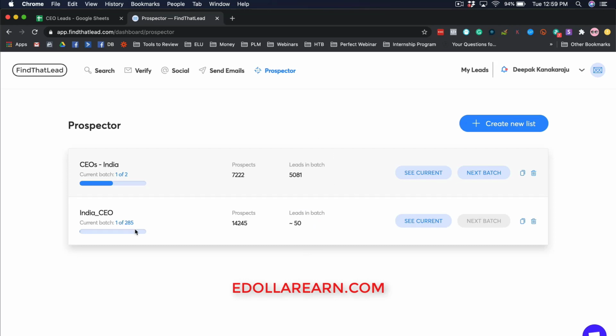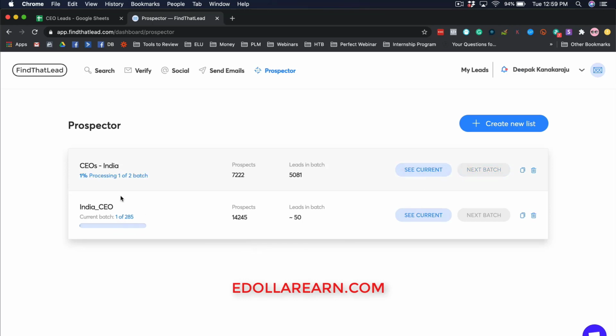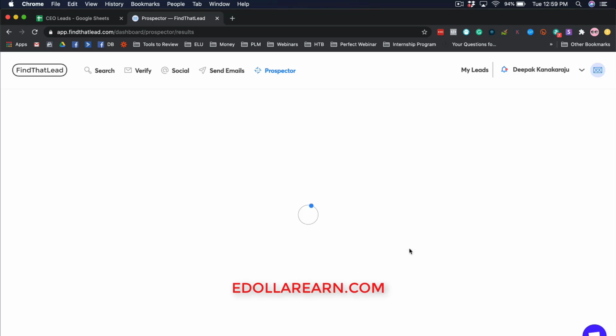Here it is processing, and this is the one that is processing. It shows 1% processed, one of 2 batches, and here I can click on see current. This is where I generated just a few leads to see how it works.